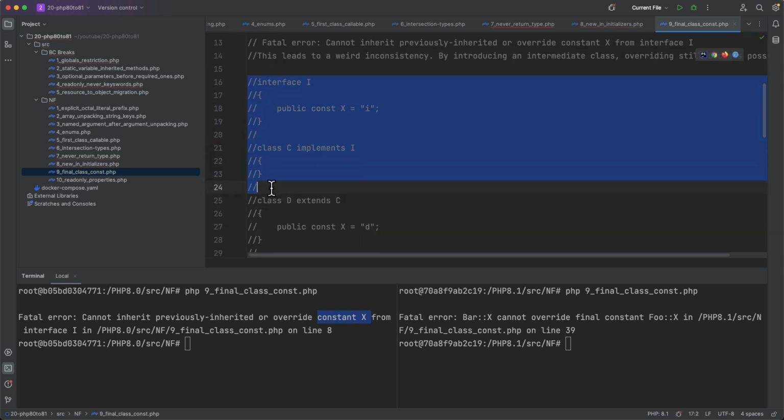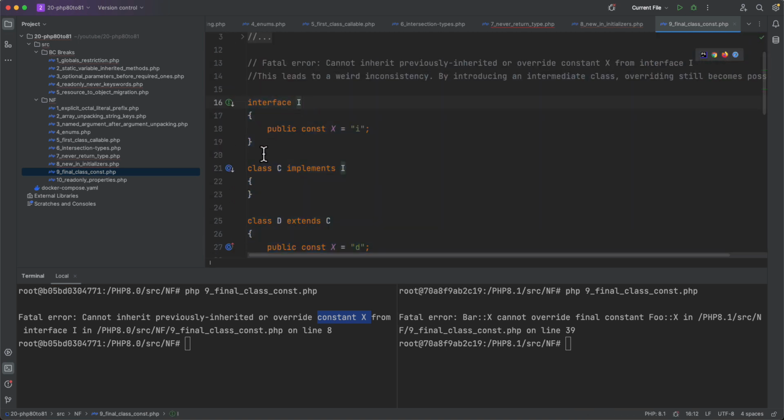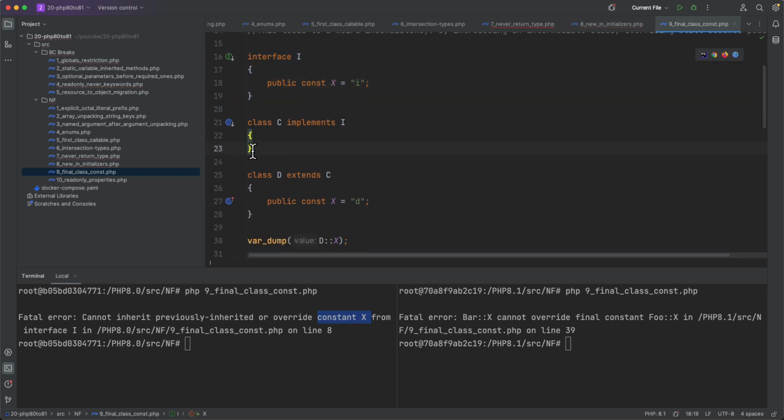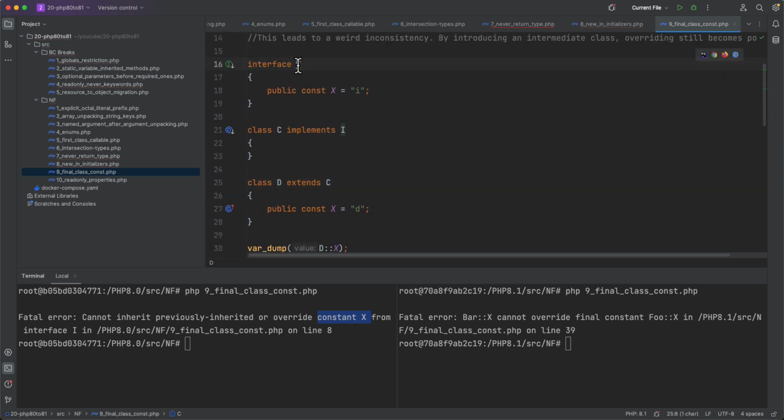Now, let me comment this code, and I'm going to do something interesting. Instead of implementing directly my interface I, I'm going to introduce a third class. So I'll be having my interface I that contains the constant x as usual, then a second class C that will be implementing I, and finally a third class D that will be extending C. So I have introduced C in the middle between my class D and my interface I,